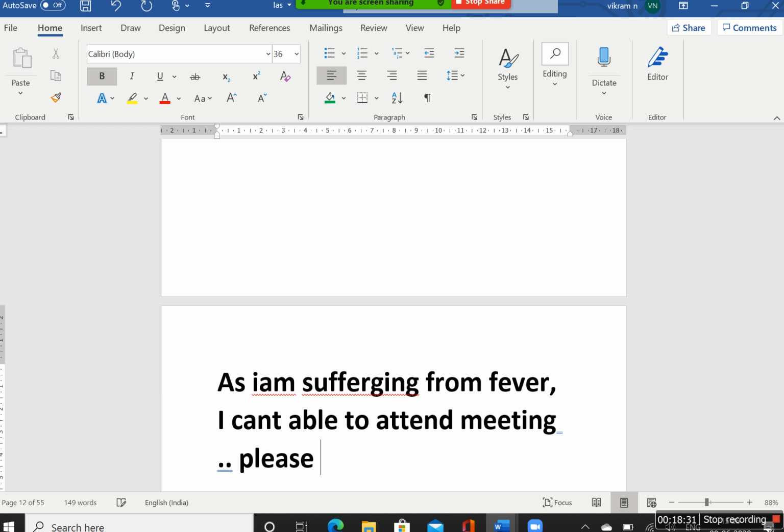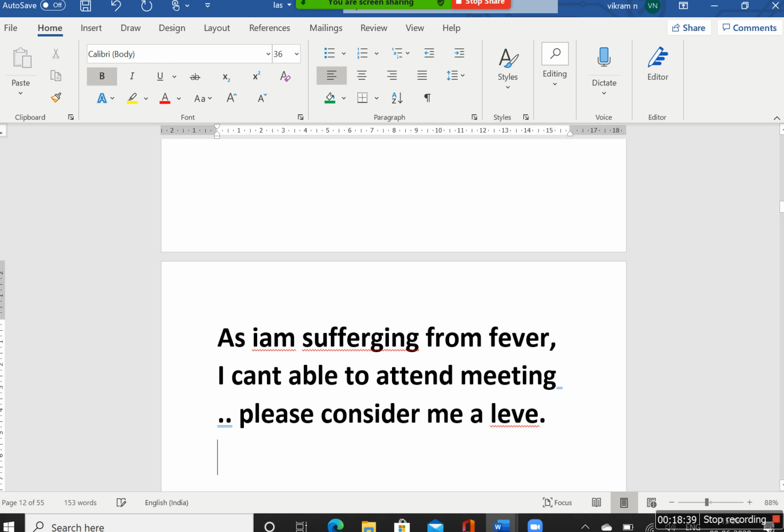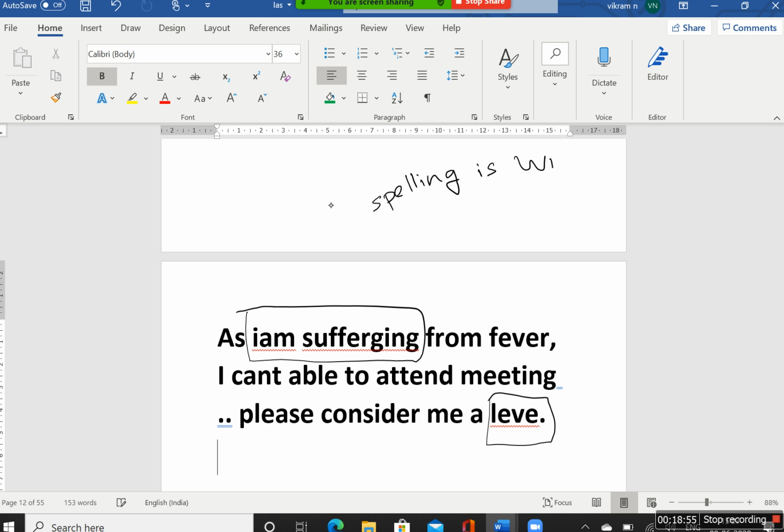Please consider me a leave. Once I have typed the document, if you see here, the red line is highlighted. This is highlighted. This is highlighted. This says that the spelling is wrong. So I want to correct the spellings over there.